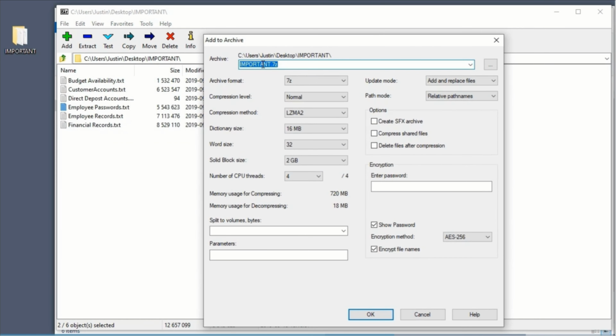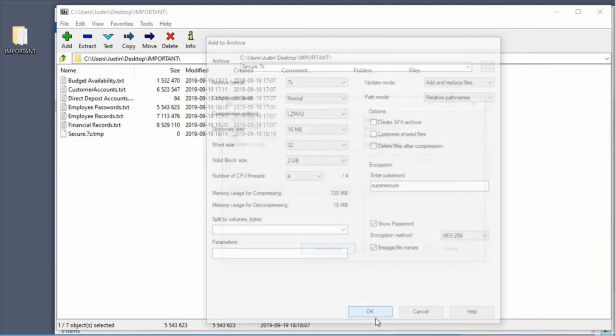The first option will be to name the file. I'm just going to name the file secure.7z, and for the password, which is going to be a symmetric encryption password, I'm going to use supersecure, and this is going to encrypt the files inside of a new file called secure.7z. And in order to be able to view it, they will need the encryption password of supersecure, and since it is the same password we will be using to encrypt and decrypt, that's known as symmetric encryption. I'll click OK,